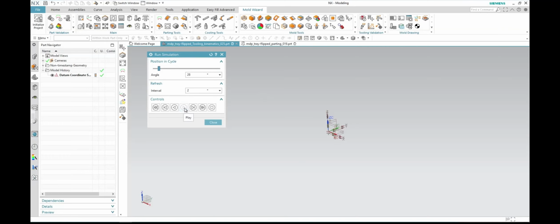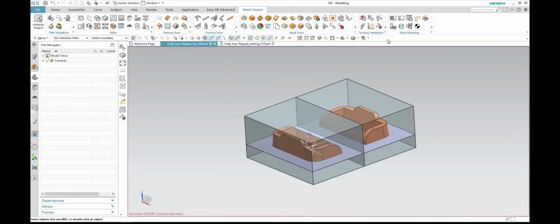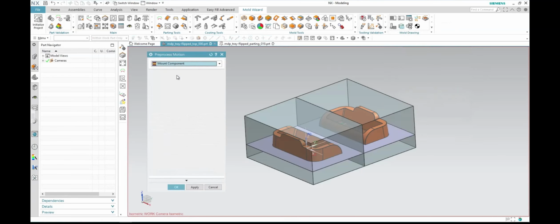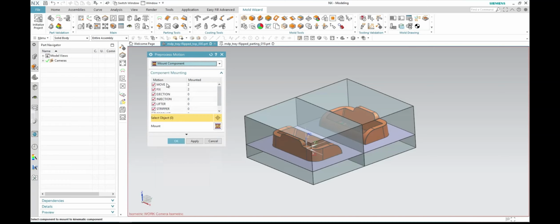you will see if I click on play, nothing will happen, because the software doesn't know the workpiece, doesn't know the core and cavities. So I will go to the pre-process motion. I move from add kinematic to mount components. I'm going to say which one is going to move and which one is going to be stationary. So let's say the move is going to be these two, and the fix is going to be these two. But there is no part in here, so I'm going to click mount. Fix is going to be mount. I'm going to click OK,